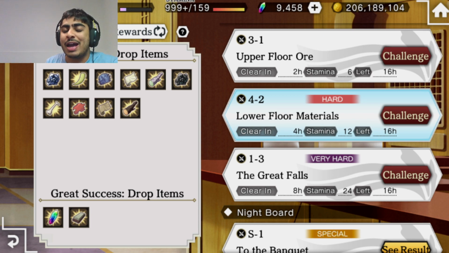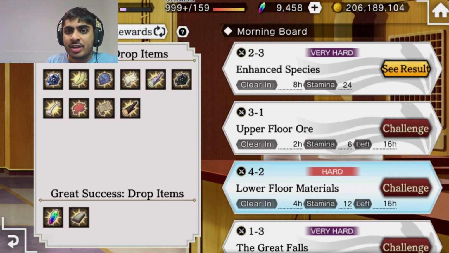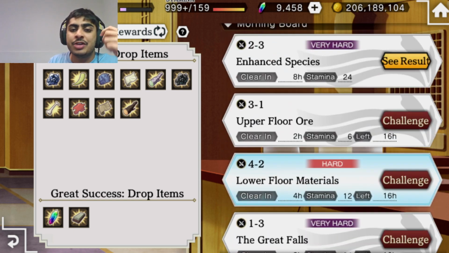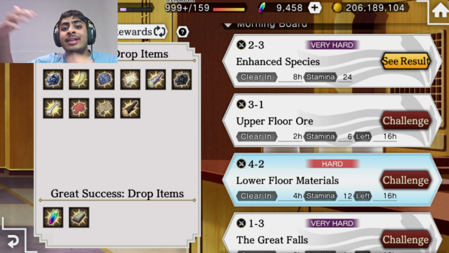I can just keep coming back here and getting it done, right? So what happens with the morning board and the night board is that it resets every morning and every night, as the name suggests. So what you can do, and this is why I say you can incorporate this into your dailies, is maybe if you're logging in for the first time in the morning, you can clear out whatever you've already done. Let's say you did the morning board and night board of yesterday, and then the next morning you get up, log in, get your dailies and stuff done,